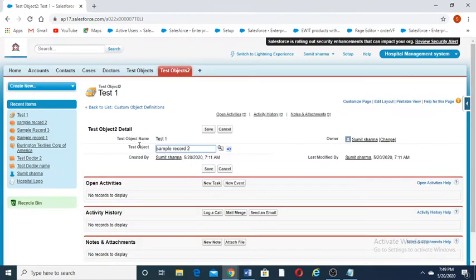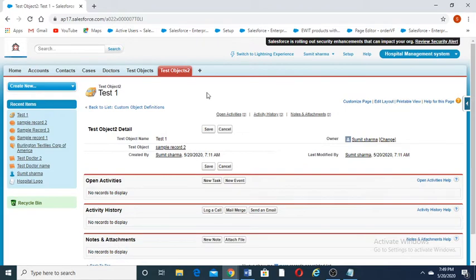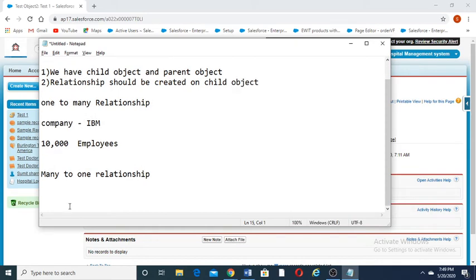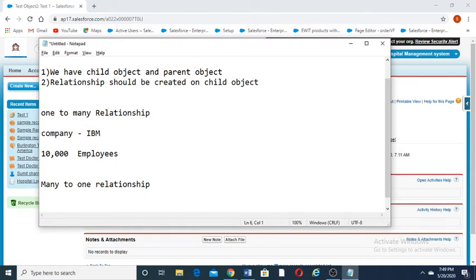So this is a lookup relationship, and another point is that when you delete a child, the parent will not be deleted.